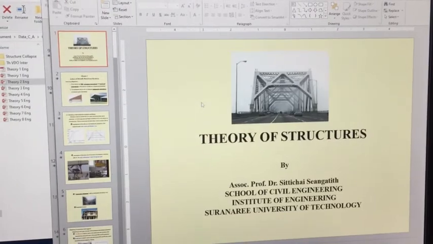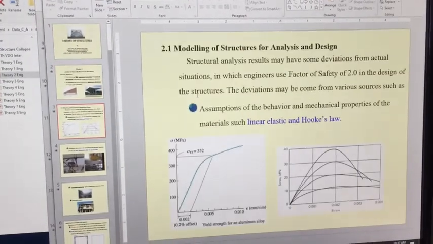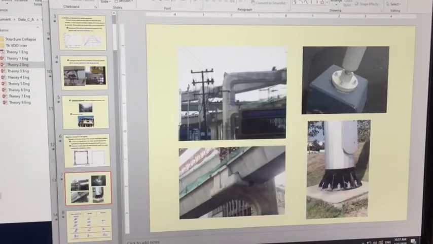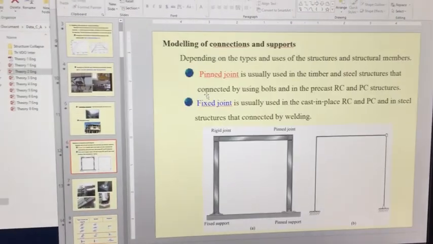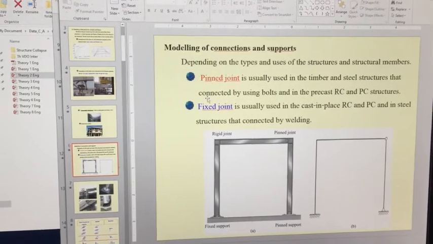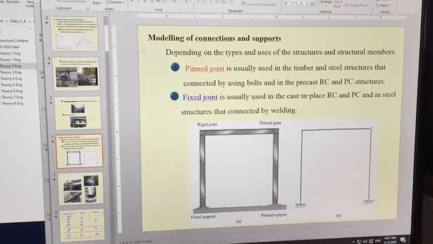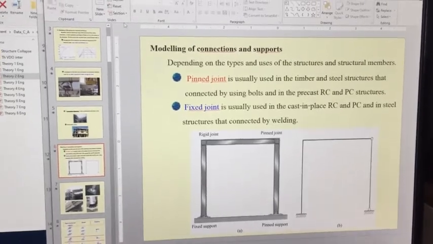I will put this PowerPoint up for you guys, and you may use it while you take a look at my clips. And also we will have some examples in which I'm going to write out the details,